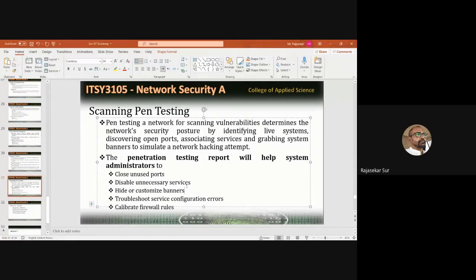One is the CEH, Certified Ethical Hacker, and the other is Certified Penetration Tester, in short form pen test, Certified Pen Test Engineer. Try to search for that. There are a lot of courses available, so you can complete any of them. This will be very useful for you to get a job in the networking area, particularly the security area.